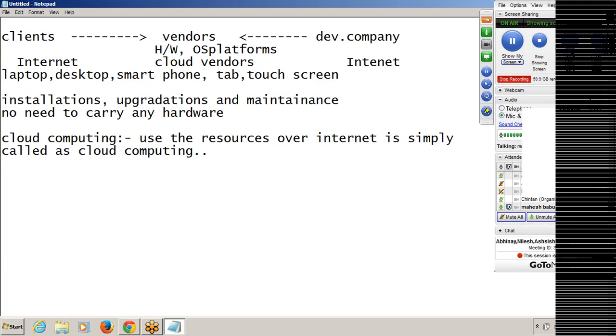What services are there in cloud computing? What types of services? Everything we will see in today's class only. So simply you are using the services or resources over the internet. It is called cloud computing. So what are the advantages of cloud computing? All the services are available in cloud computing